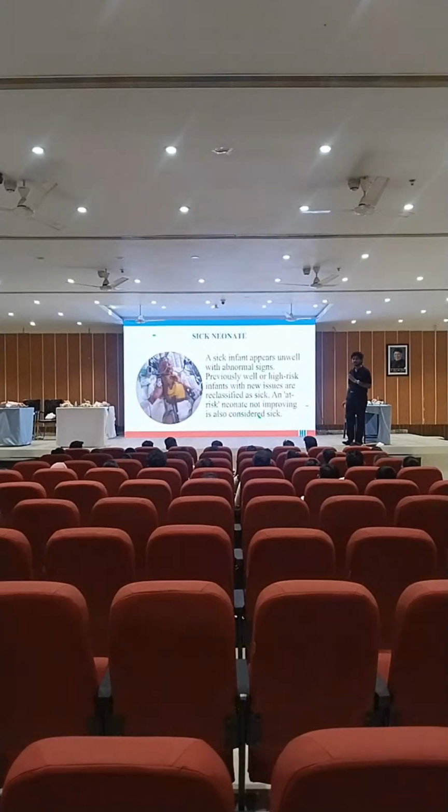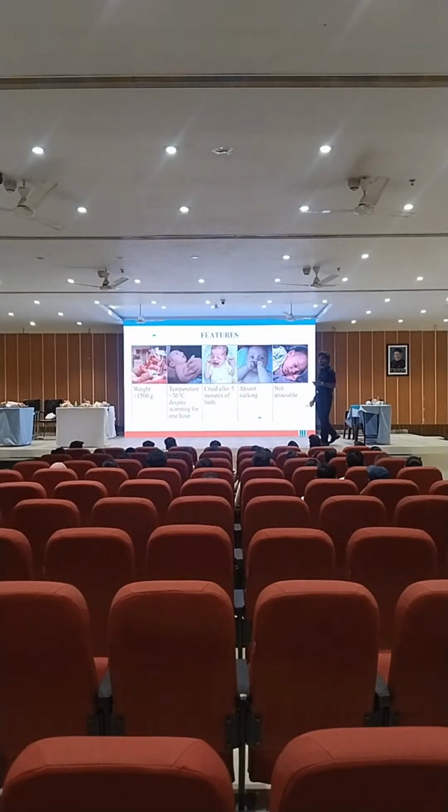Then sick units. Okay, now you just have to compare it with higher risk, so it will be very easy. Sick unit मतलब क्या है? Let's see the features. Weight less than 1500 gram. High risk में क्या था? In between 1500 and 2500. यहाँ पे कम हो गया. Less than 1500 मतलब in which category they will come? Low birth weight, very low birth weight or extremely low birth weight category में आएगा. अगर less than 1000 है तो extremely low birth weight category में आ गया.